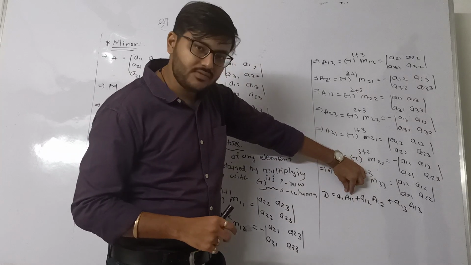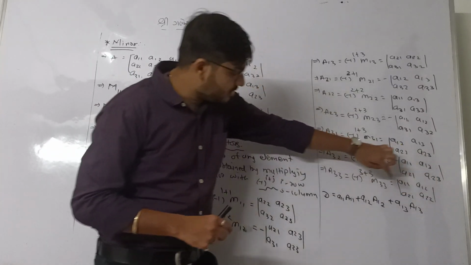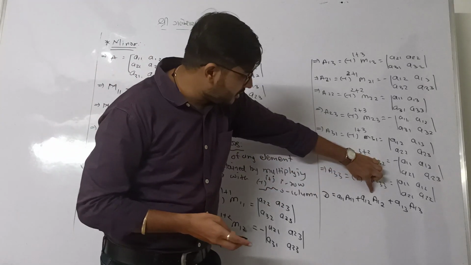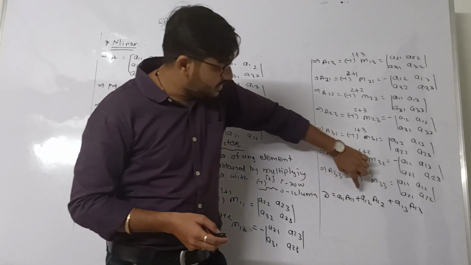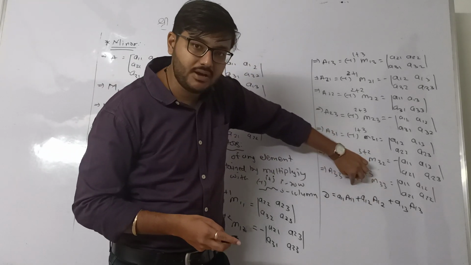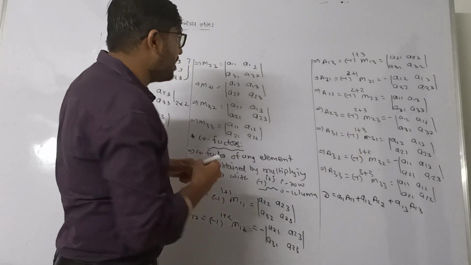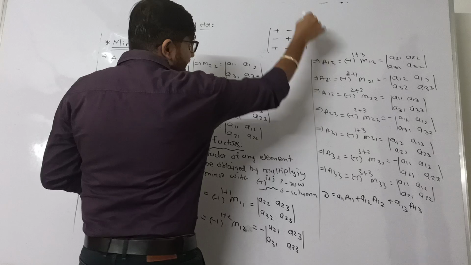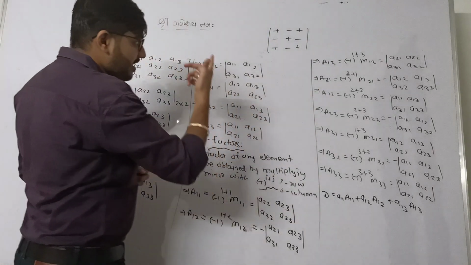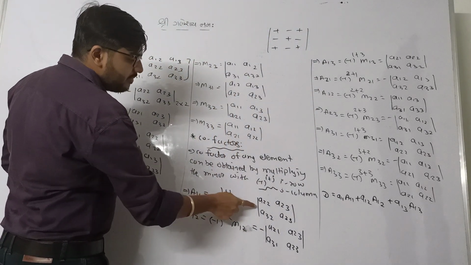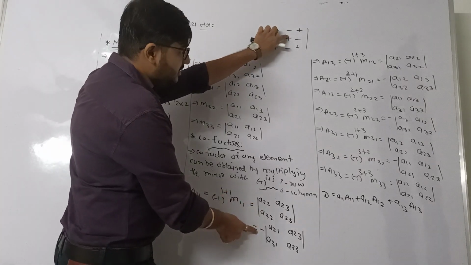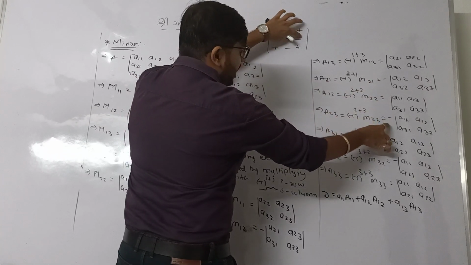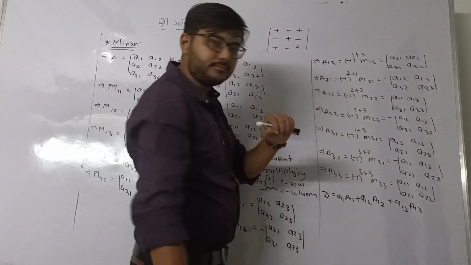Just put the values capital A11, capital A12 and capital A13. So the value of A11 is what? A22, A23, A32, A33. Then A12 has sign minus. This is the reason why we put the minus sign when expanding the determinant from the first row. And if you remember, we discussed one determinant of signs, plus minus plus, minus plus minus and plus minus plus. What does the sign represent? It is the sign represented by the cofactors. Just check. First element has plus sign, second element has minus sign, third element has plus sign, then this row has minus, plus, minus, and plus, minus, plus.